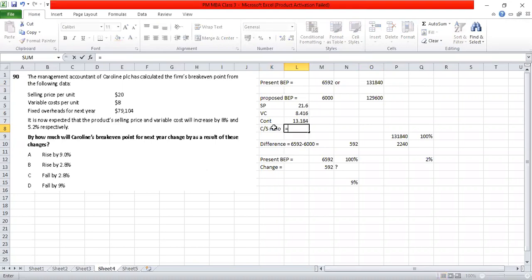So here it will be 61.037. Correct. So then the proposed break-even point will be 600 only. You can think so, the same. Basically,